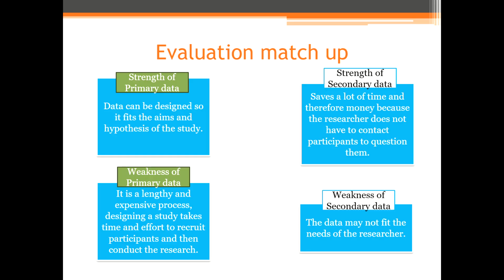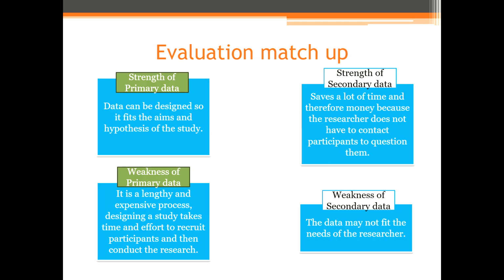But the weakness of secondary is that what you've got might not actually fit what you're researching. And then the additional thing to that, which is actually what's on the mark schemes, is that it might be inaccurate what they've said. Like, they might have misinterpreted the data, there might be some researcher bias there. And so that means that we can't really trust what the findings show us because we haven't done the study ourselves. So if I show you some exam questions on these, which were on the assessment that we've recently done,